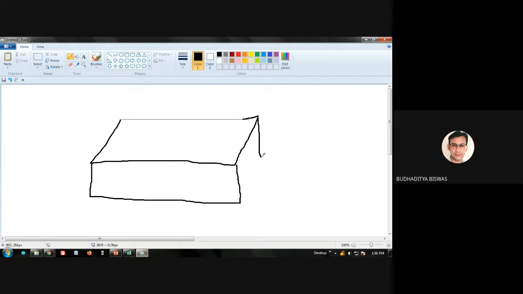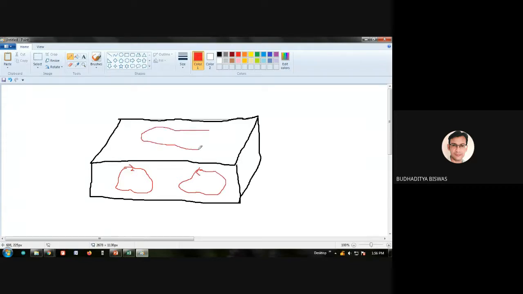If the core is constructed using this, then when the flux travels through this particular solid core, what happens? Some current will flow, and that current will not flow in any particular direction. It can flow haphazardly inside. Suppose this is one particular current, and that is another. So through the core, on some non-predefined path, the current will start flowing, and due to this current, the temperature of the core will increase. As this current path is not predefined, that's why they are called eddy currents.